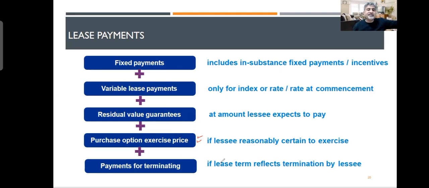Or plus payments of terminating the lease, if lease term reflects termination by lessee. So generally what you have here, you wouldn't see these three in for academic purposes. They are very much too large contracts for practical purposes. And by the way, sometimes you also get some in your